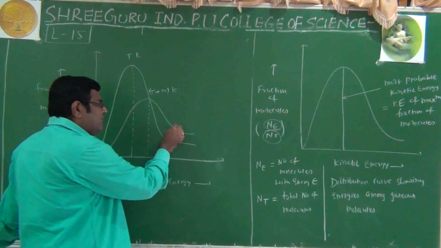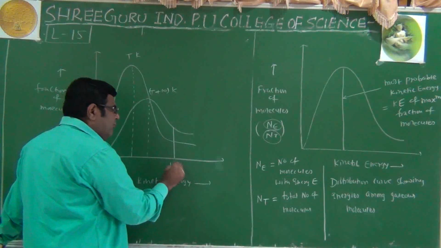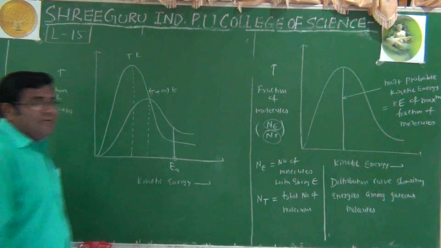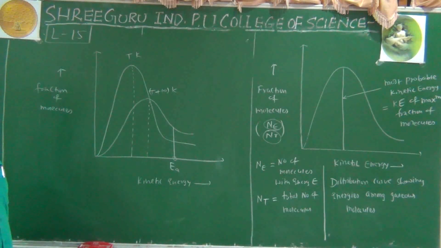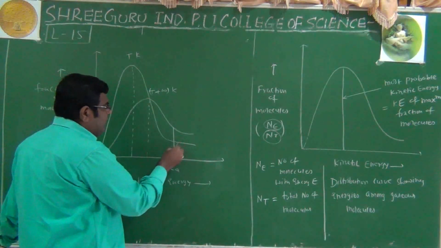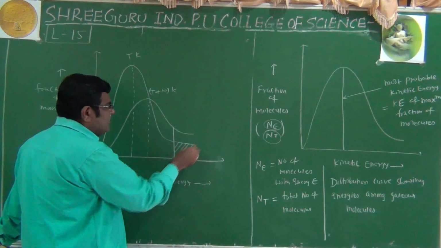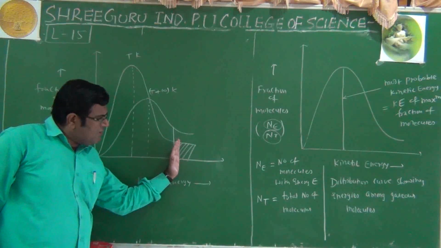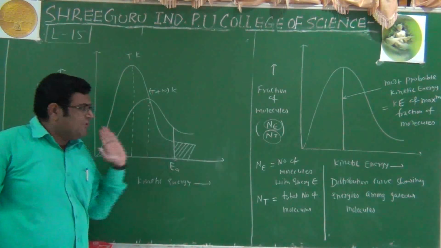Now in this graph, we have one energy, we call it activation energy, because activation energy is kinetic energy. The molecules acquire that and they become energetic. If this is at Tk, we found that these many molecules are activating, because these are the molecules which are having energy greater than the activation energy.